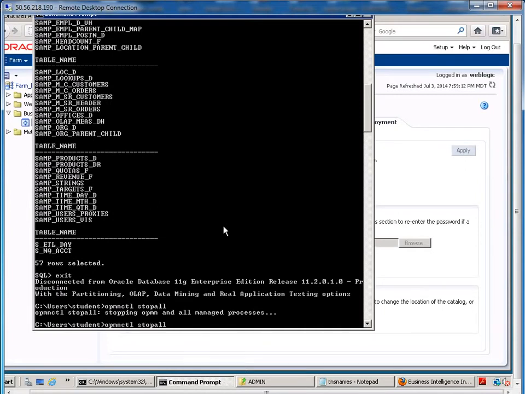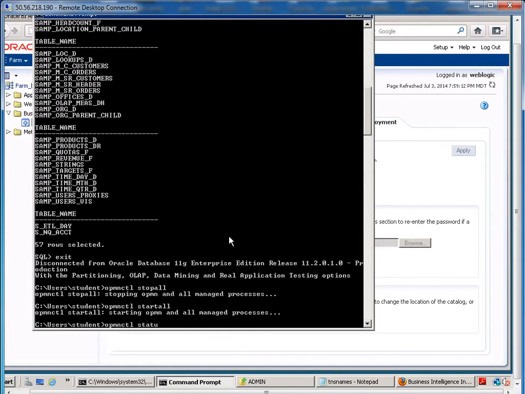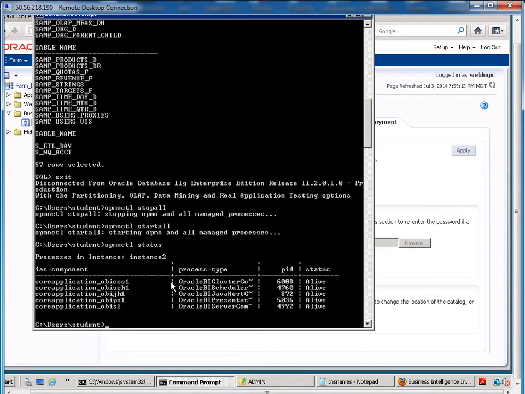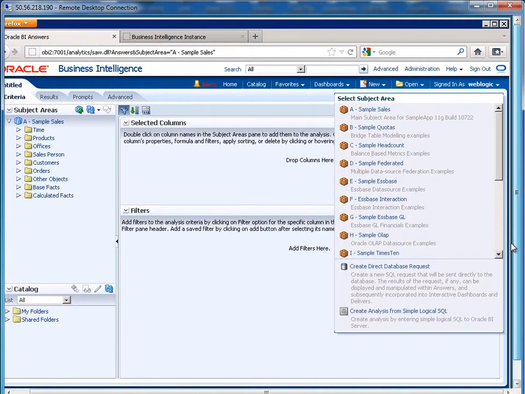Okay, so now I'm going to say opmnctl start all. This sometimes will take up to a minute. Once this is finished, I'm then going to say opmnctl status to ensure that the status is good. So you'll see that all 5 of our OBIEE processes are alive and well. So now let's test this. I'm now going to go to my